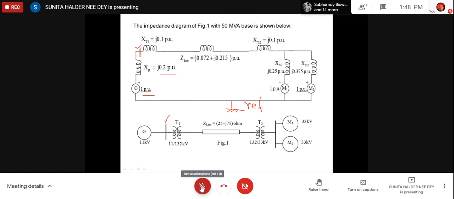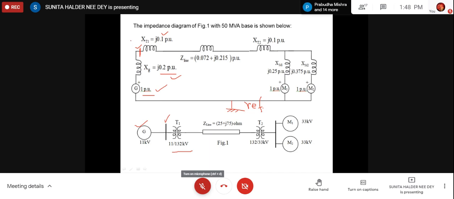Then obviously this is the generator reactance, you know, the generator voltage, you know, so the generator part is over. Then there is a transformer. For the transformer, you have seen that the reactance is only 0.1 per unit. You cannot memorize it because we cannot see the total page right now, but it is known. So we can put that one. So for the transformer, on primary and secondary, both side voltages are 1 per unit. So they are the same. So we have no need to put any transformer right now.